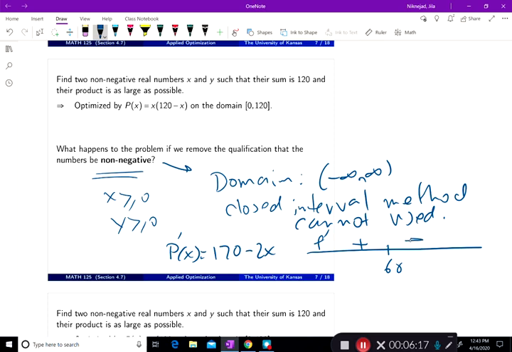After 60, you get a negative value. Oh, look at this. Increasing before, decreasing after, and no other place that it goes up or down. So there is an actual maximum at x equal to 60. And that's how you figured it out. So if the domain is different,